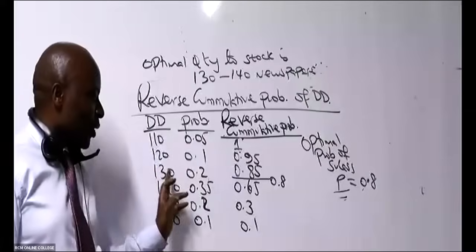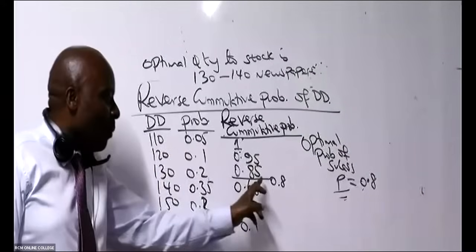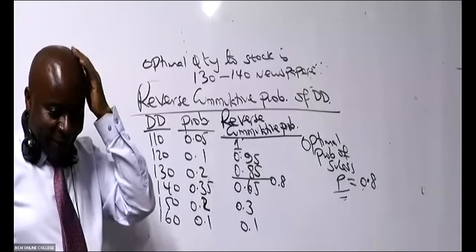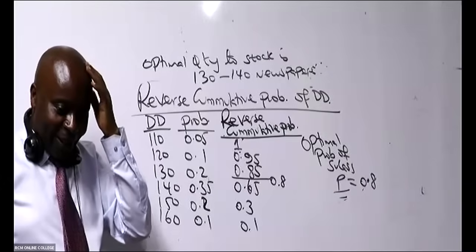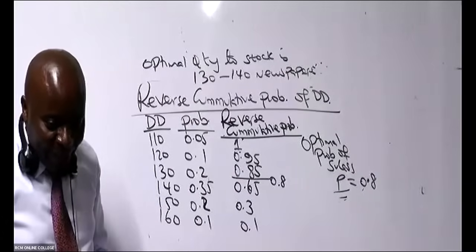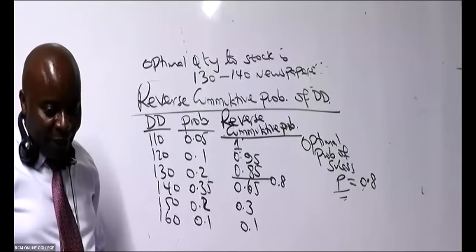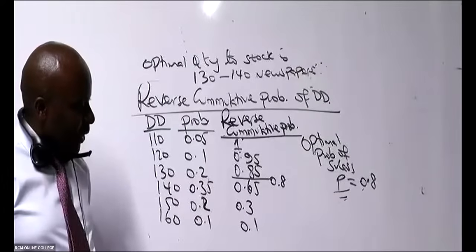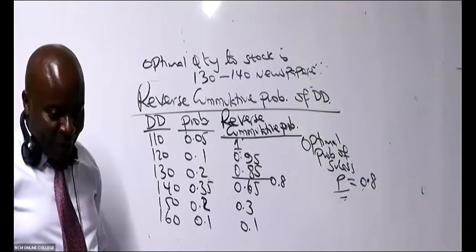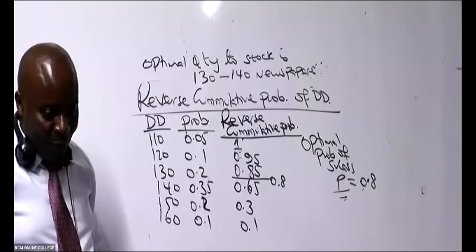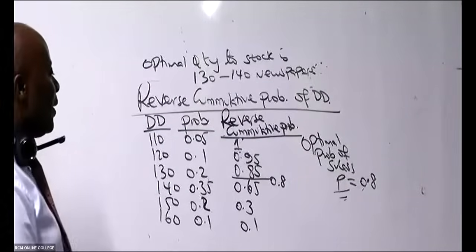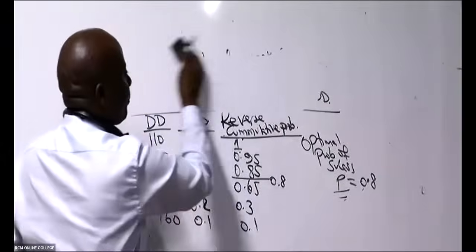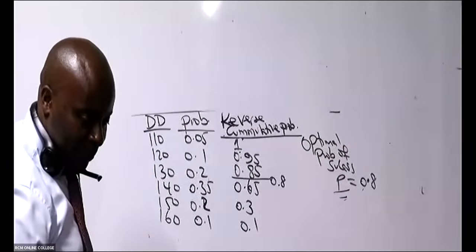Well, let me take 0.85 times 130 plus 0.65 times 140. How about this 0.8? It shall be hanging. 130 plus 140 minus 130, 0.8 minus 0.65, over 0.85 minus 0.65. You have to be very careful. So, ladies and gentlemen, this is how we do it.